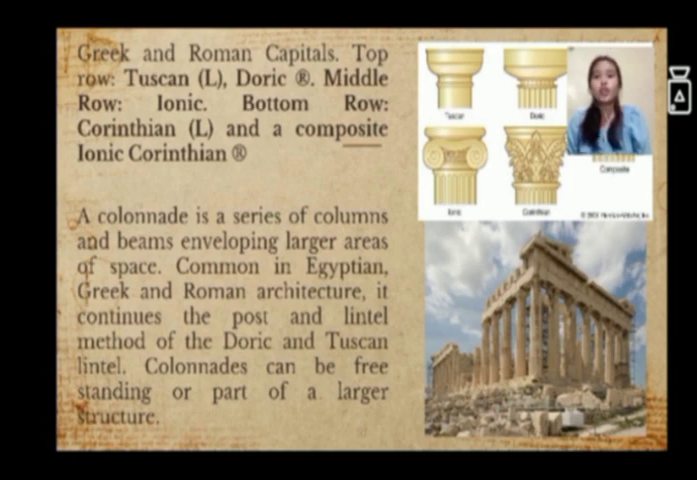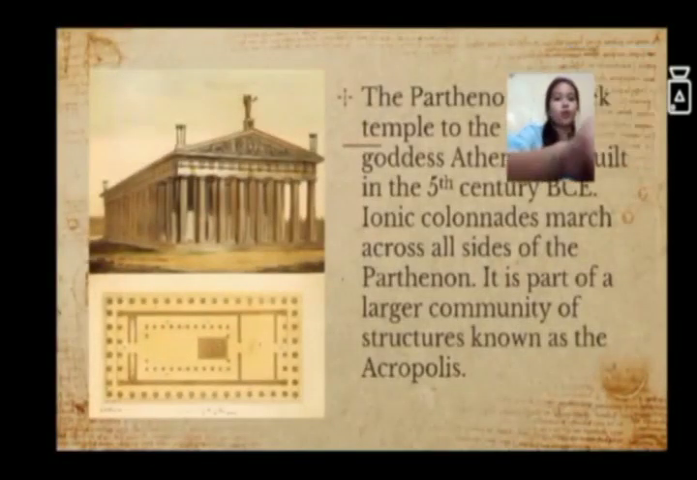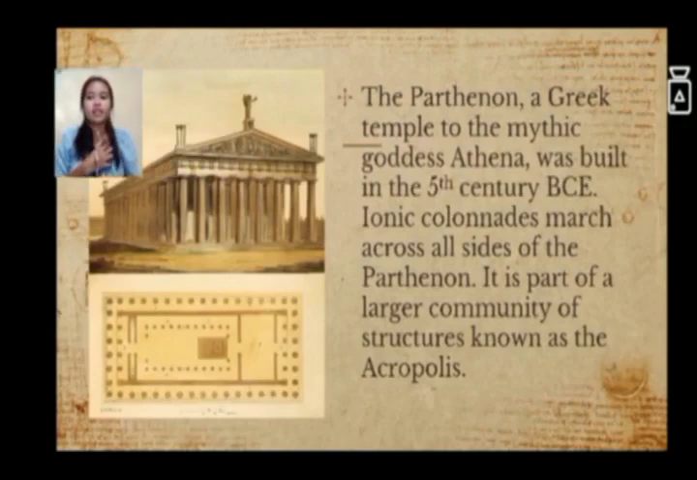So Ionic colonnades march across all sides of the Parthenon, the outer boundary of a very ordered interior floor plan. So, very smart and very creative were those who built this Greek architecture, the Parthenon. So next we have, you can see, this is the floor of the Parthenon, the Greek temple. So that is the Greek temple, no? So next we have the